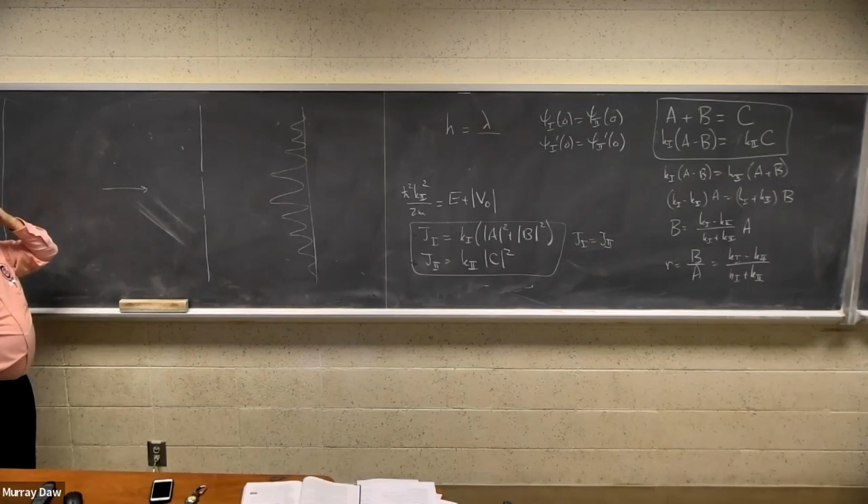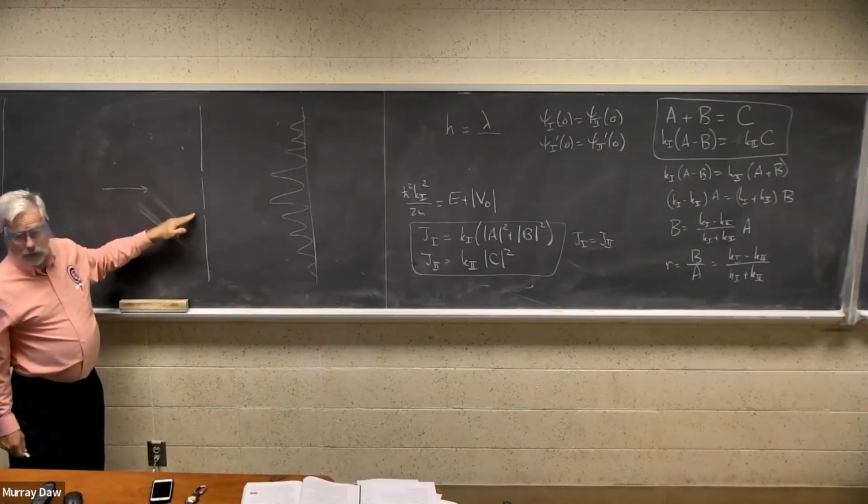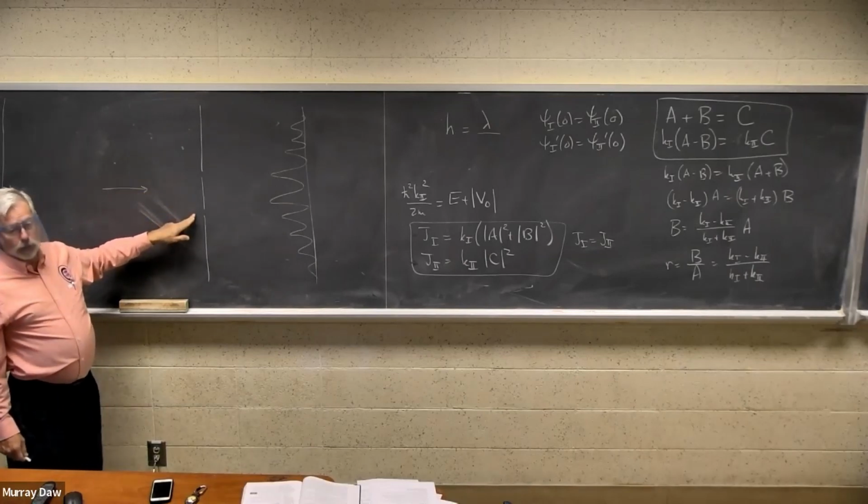Okay, is it right to conclude that the electron goes through both slits? No. What goes through both slits? The guiding